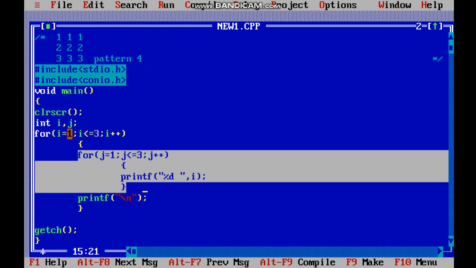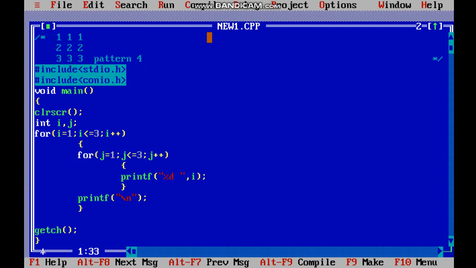Okay, now we know i value is 1, so j equals 1, j is less than or equal to 3, which is correct, so printf. Now we all know if you need to print an integer, %d is used, and a space gap is used. Do not forget this. And in place of %d, we are interested in printing the value of i. And what is the value of i? The i value was 1. Throughout this running for loop, i value will be 1. Now as it prints the i value 1, there is a space.